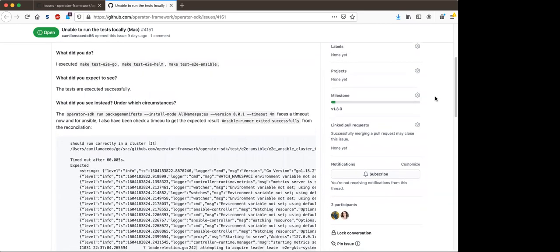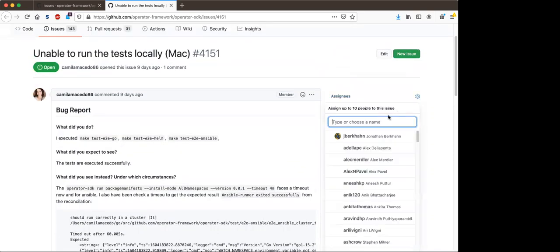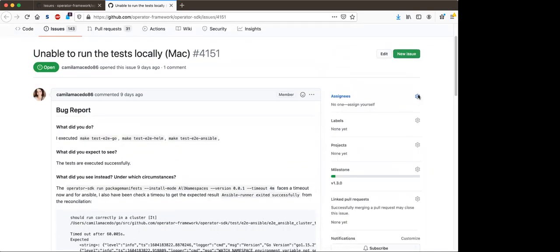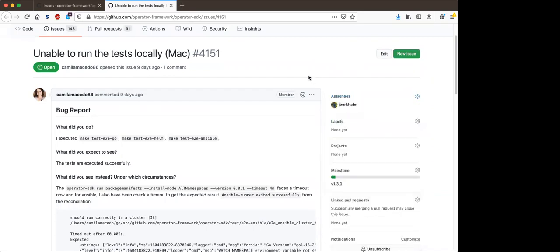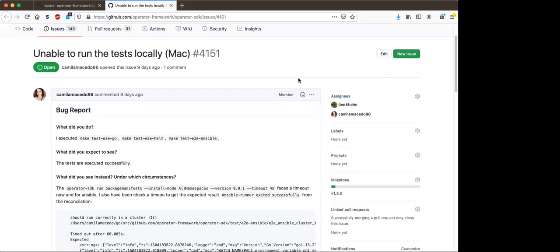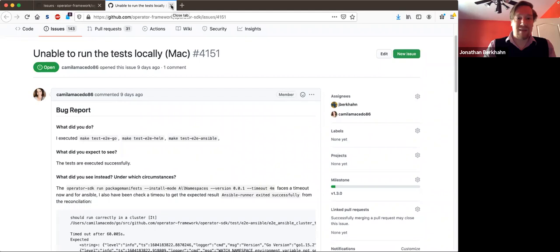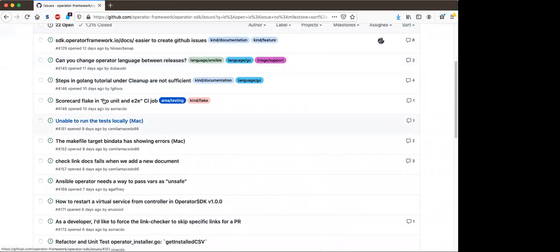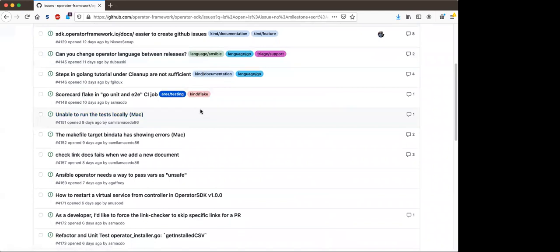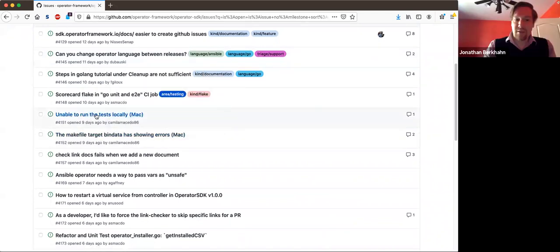Maybe assign both of you to this since you both have had the problem and you can both look at it, especially if you're seeing different issues. Okay, anything else on this one right now? No, I don't have anything. Very good.